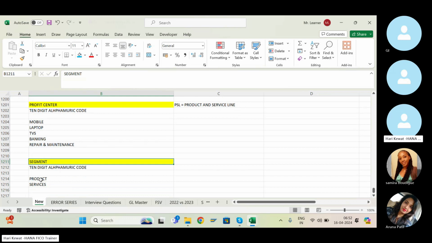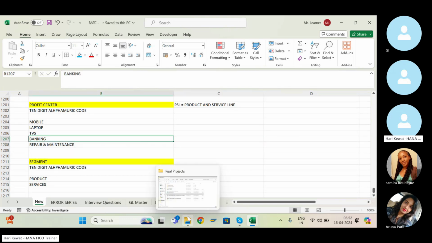Now, before starting your configuration, you have to prepare the KDS document. Let me quickly open